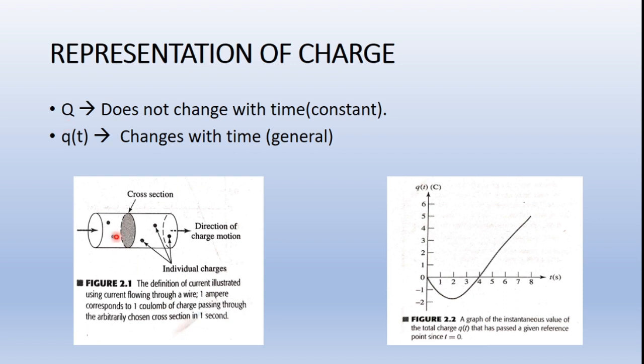Fine. So this is what we saw in the previous slide. These single black dots represent individual charges. When the charge moves through this particular cross section, in 1 second of time, how much charge is going to pass through this particular area? This is what we call charge in terms of amperes. Amperes is nothing but current, because for the movement of charges, we define charge in terms of amperes.